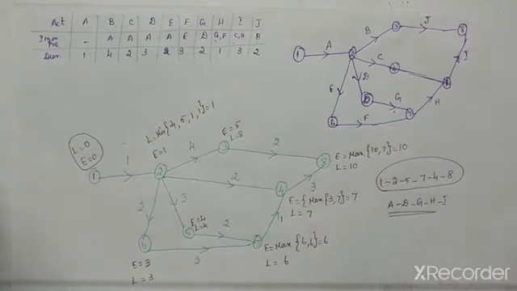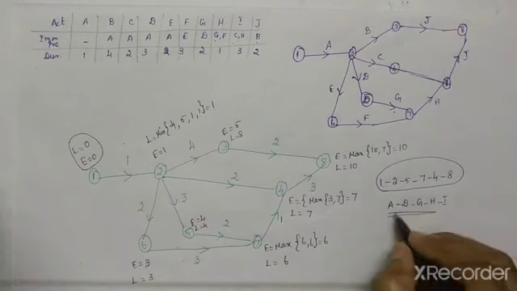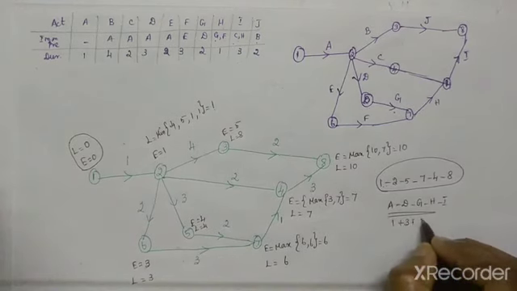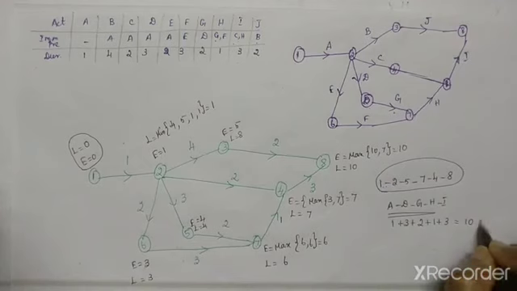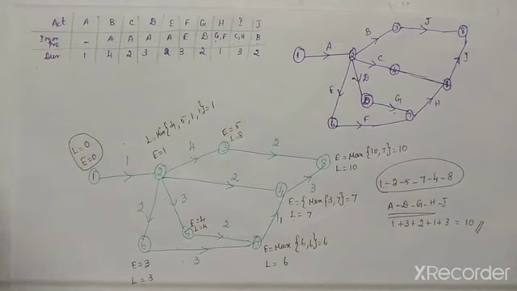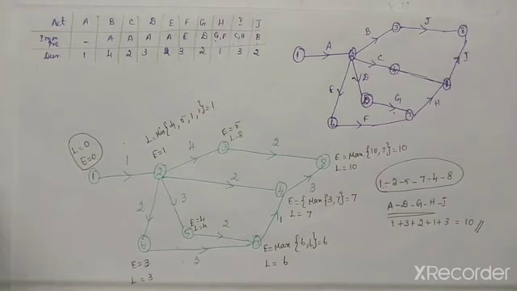So this is your critical path, and the duration is, for A you have to write 1, for D 3, for G 2, for H 1, for I 3. So totally 10. So this is your final answer. First you have to draw the network, and only then we can come to the critical path. I will give 2 homework sums. Do that. If you have any doubts, ask me. Thank you.